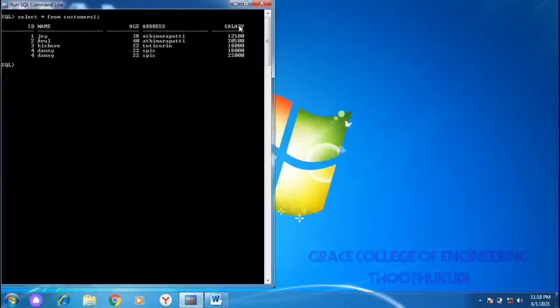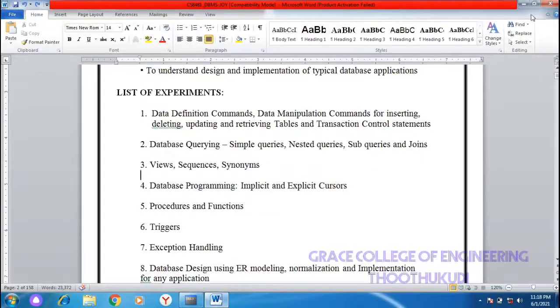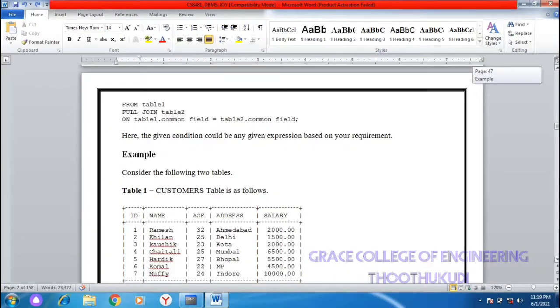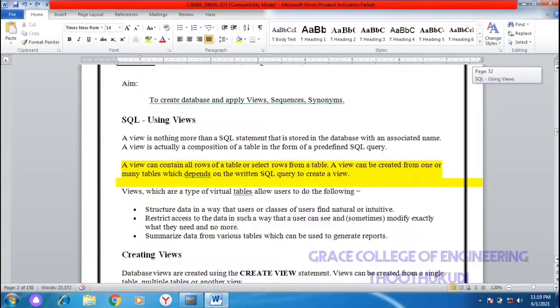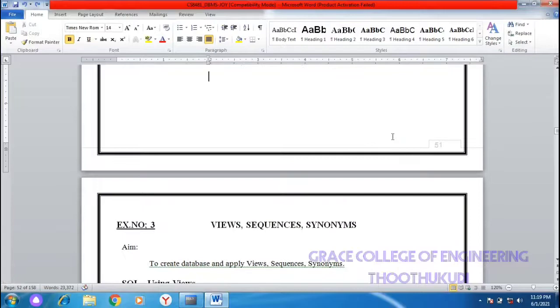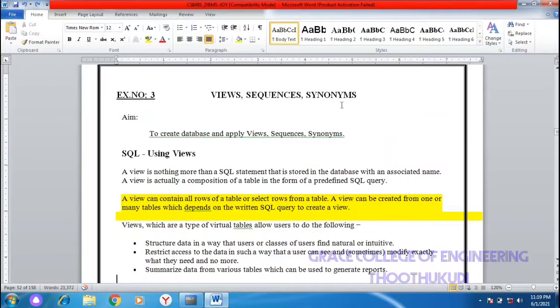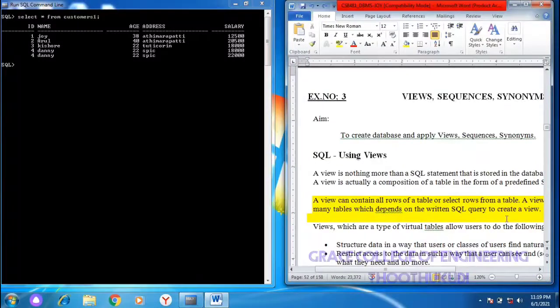In the third exercise, the first concept is view. A view is a table that contains rows of a particular table. Suppose a table named customer has 120 columns, you can create a view with 10 columns of that customer table.